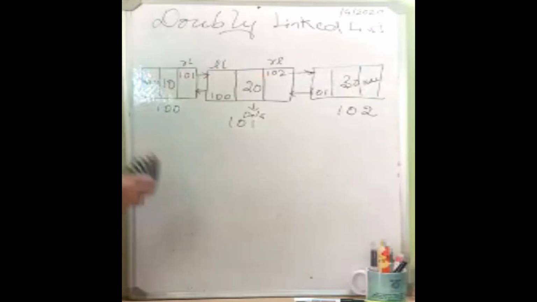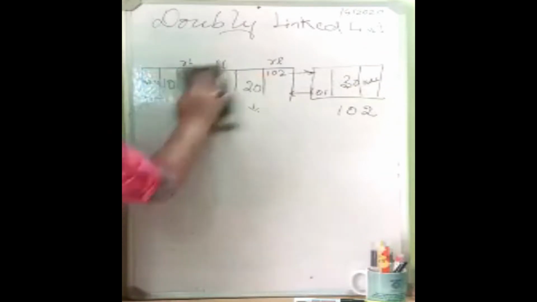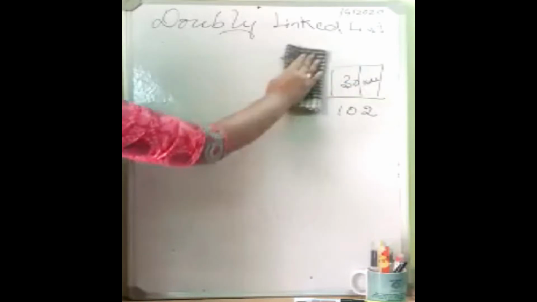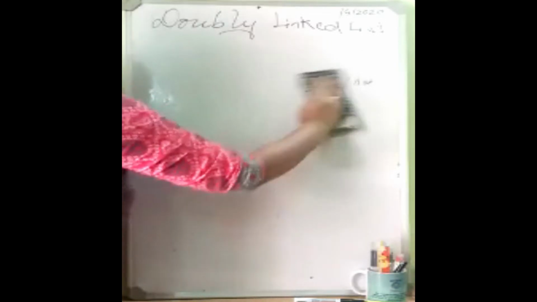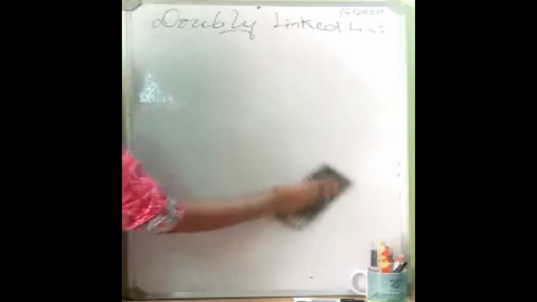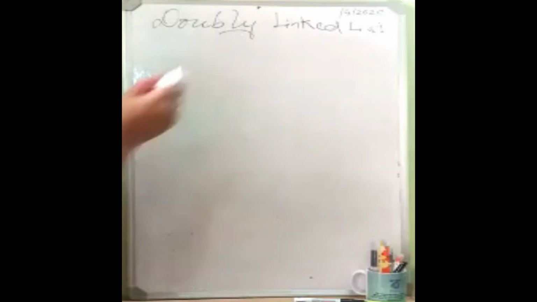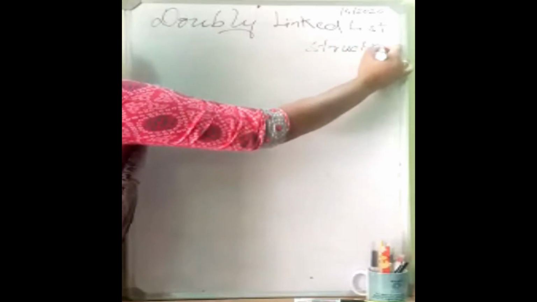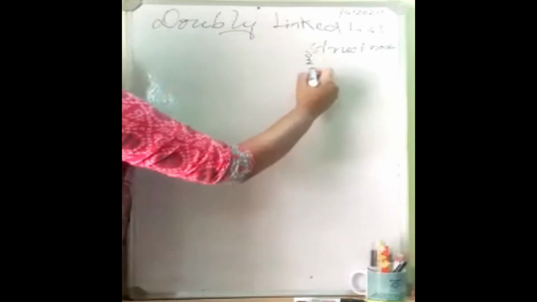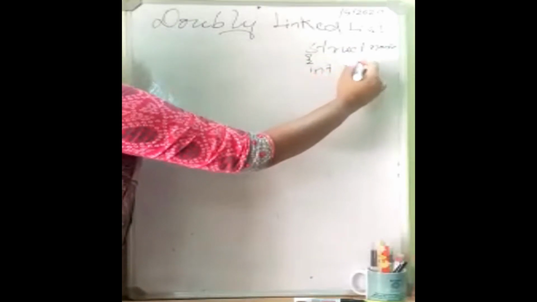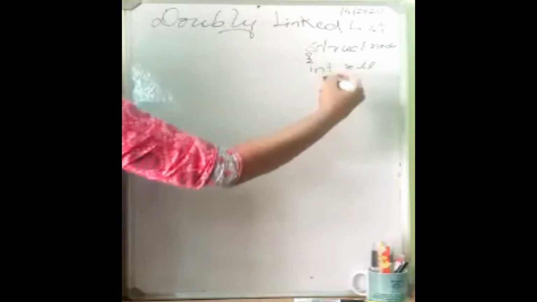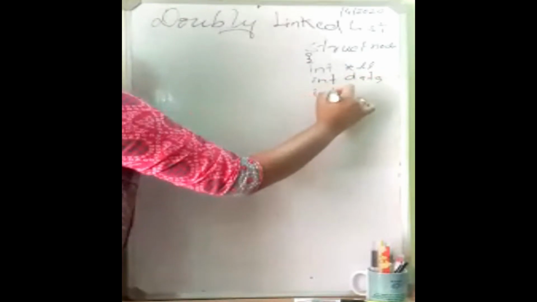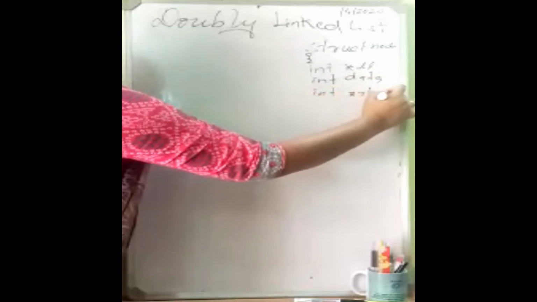Okay, so how to create it? What is the operation here? Last class we considered only three nodes A, B, C and connected them, right? In case you have a number of nodes in the list, how do you create it? What is the structure? Do you remember the single linked list structure? struct node, int data, I'll consider int star left link, and int star right link.